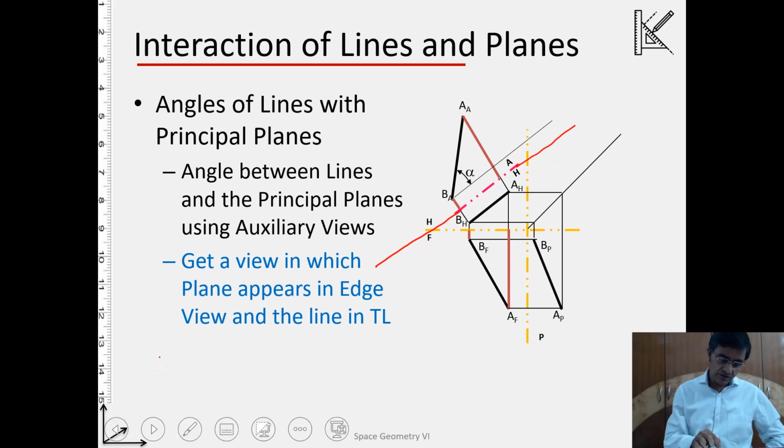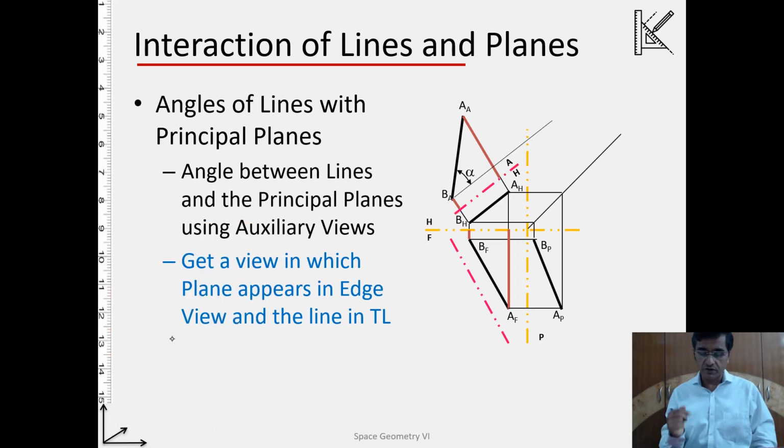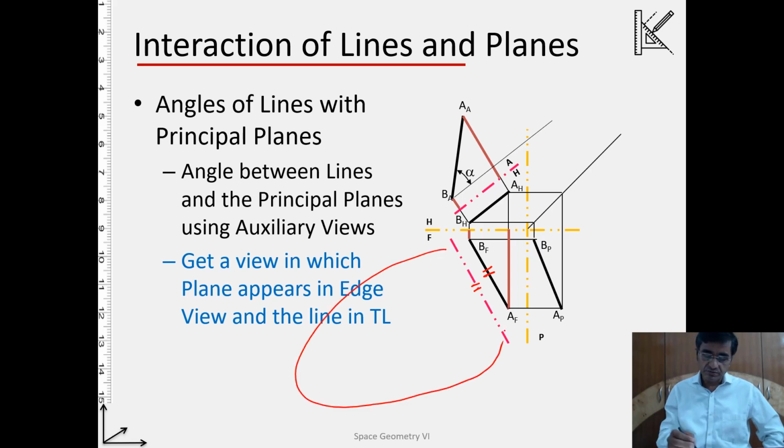Alright, so the same thing we can do for the others also. If you want to extend this for the rest, let us say for the frontal, what is the angle of the line with respect to the frontal? Well, in the frontal, this is the projection of the line AB. Parallel to this, I am taking the edge view of a plane, which is the auxiliary plane, and then this auxiliary plane I will rotate. Okay, so this area becomes my auxiliary plane, and we can call it A3, and in this case this will become A2, and my A1 can be this. Alright, as per the definition.